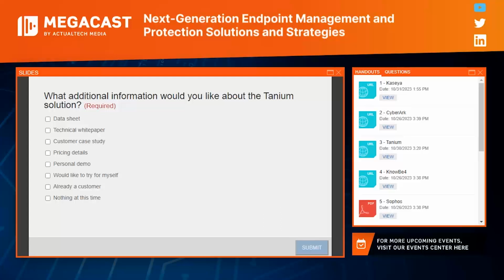Perfect. Okay, I want to talk a little bit about speed, and I think we got a couple of questions that relate to this. So let's start with: can you tell us how often the endpoints are queried in order to keep data current in the stored database? And then I'm also going to ask you a follow up to that. What happens to the data held after 180 days?